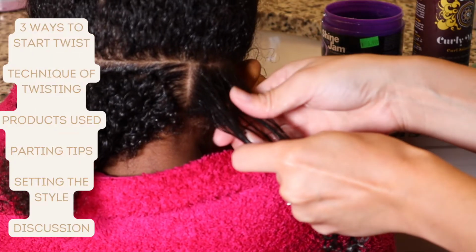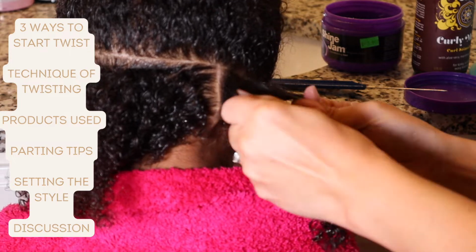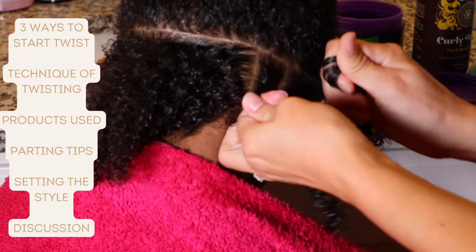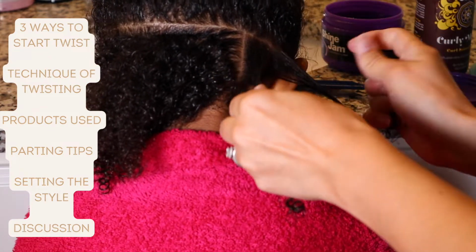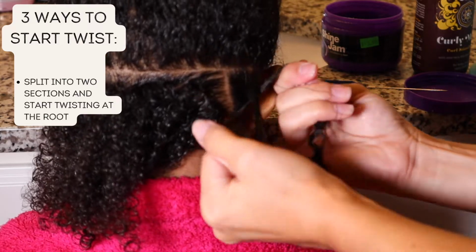In this first section of the video, I'm going to show you 3 ways to start these twists. Then I'll discuss the technique that I use to twist. That'll be followed by the products I use for this style, parting tips, and then finally how I set the hair. The first way is to take your squared off section, split it into 2 equal parts, and twist the